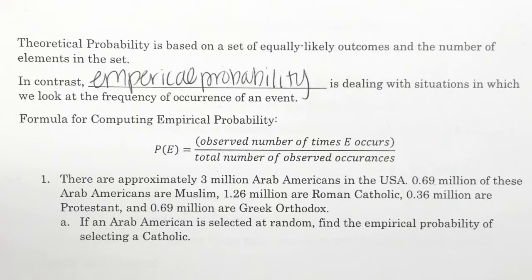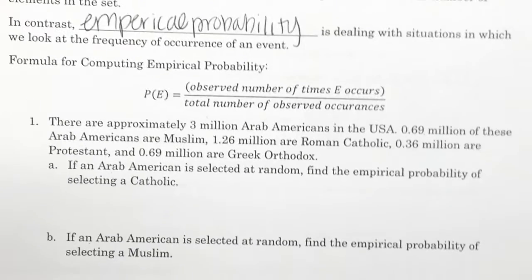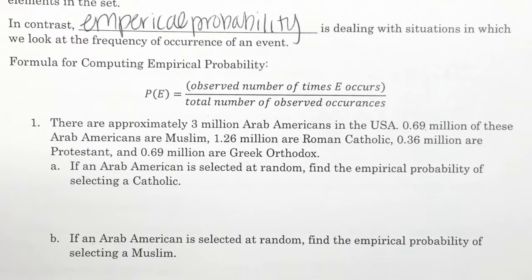So Bailey, if you'll read number 1 for me. Just number 1, not part A. There are approximately 3 million Arab Americans in the United States. 0.69 million are Muslim. 1.26 million are Roman Catholic. 0.36 are Protestant. And 0.69 million are Orthodox. Okay, so if an Arab American is selected at random, find the empirical probability of selecting